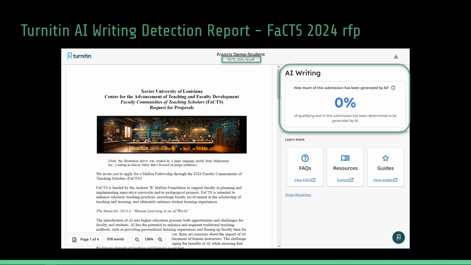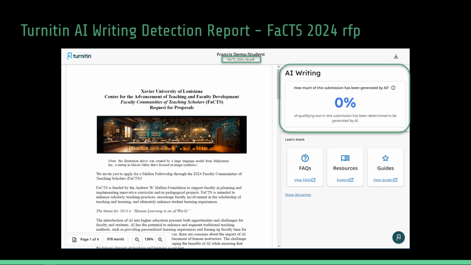Recall in the frequently asked questions, Turnitin addressed this mix of authentic writing and AI generated text, saying that it can be difficult to exactly determine where AI writing begins and original writing ends. This must be the case here.